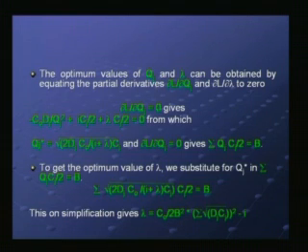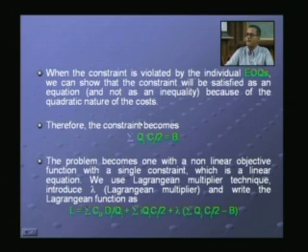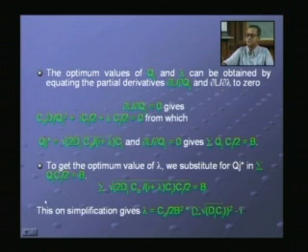Now once again we have to find the optimum values of Qj and lambda, and these are obtained by equating the partial derivatives dou L by dou Qj and dou L by dou lambda to 0. Dou L by dou Qj equal to 0 gives minus C naught dj by Qj square plus ICj by 2 plus lambda Cj by 2 equal to 0. Now this would give a minus C naught dj by Qj square because Qj is in the denominator. Here Qj is in the numerator, so you get ICj by 2. Here again Qj is in the numerator, you get lambda Cj by 2 equal to 0,